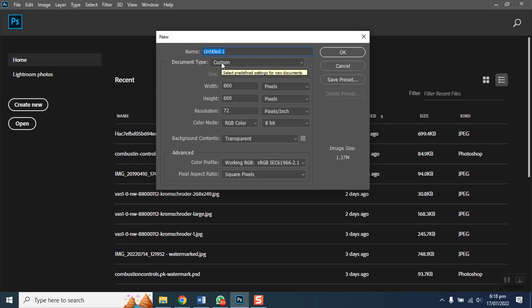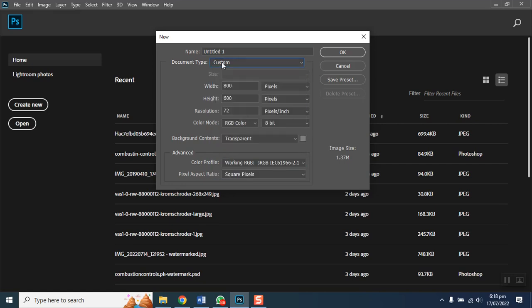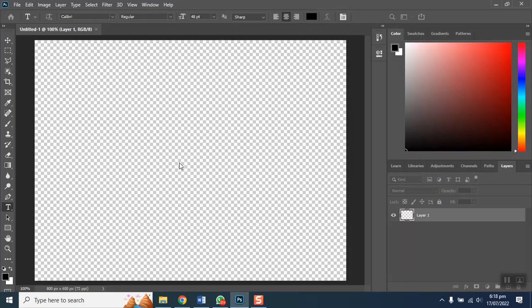And in the document type, you need to select Custom from the drop down menu and type the width as 800 pixels and height as 600 pixels and resolution 72 pixels per inch of the new file you are going to create, and select transparent from the background contents drop down menu and click OK. Here now you have a new file